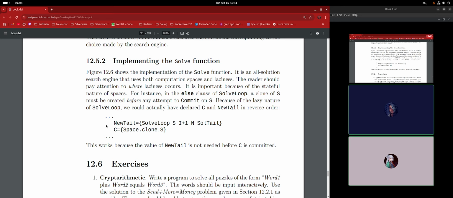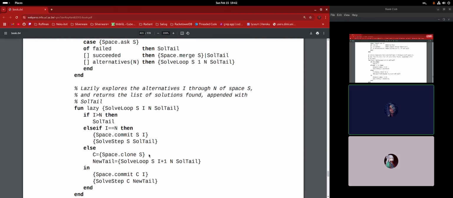You probably don't want to do it, not only because of laziness but probably also because of the nature of logic variables, because if something is unbound, this is going to block. Yeah, because the value of new tail is not needed before C is committed. But it's more laziness instead of logic variables in this case then. Yeah. Okay, and then we have this code